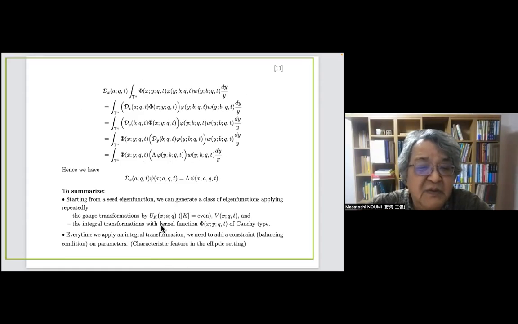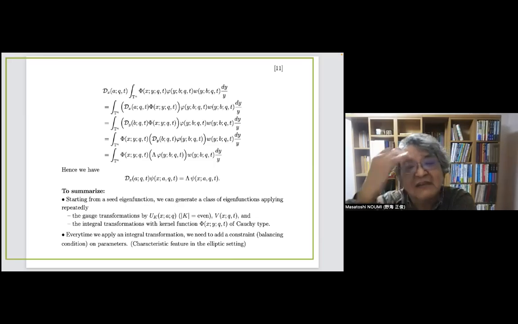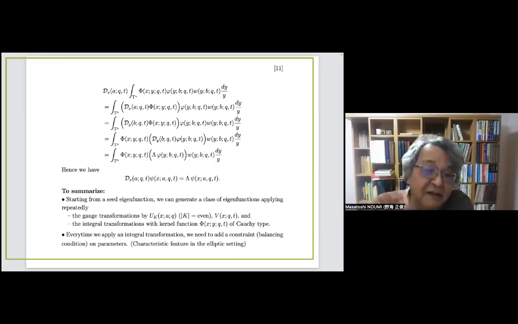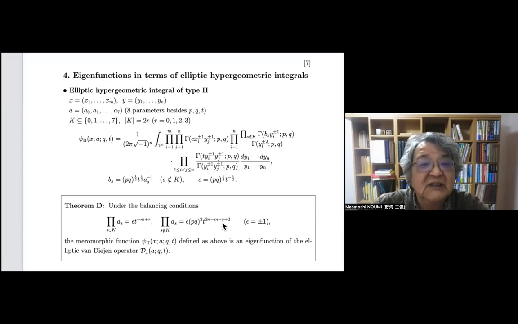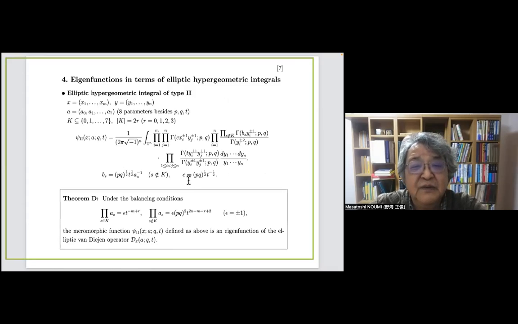But starting from a seed eigenfunction, one can generate a class of eigenfunctions applying repeatedly the following two procedures. So you can apply the gauge transformation by using the gauge function U_K or a V function. And also an integral transform with the kernel function phi of Cauchy type. There is another kernel function, but this explanation will be sufficient today. So let's go back to